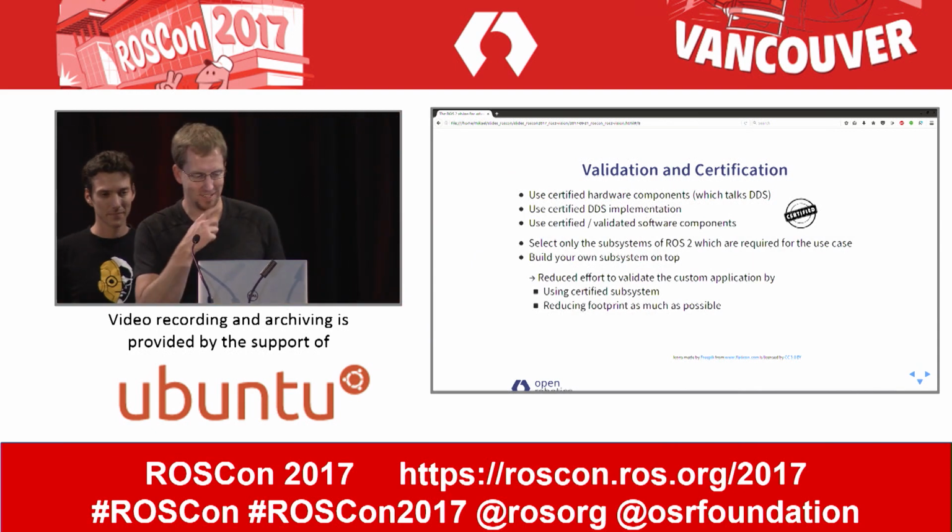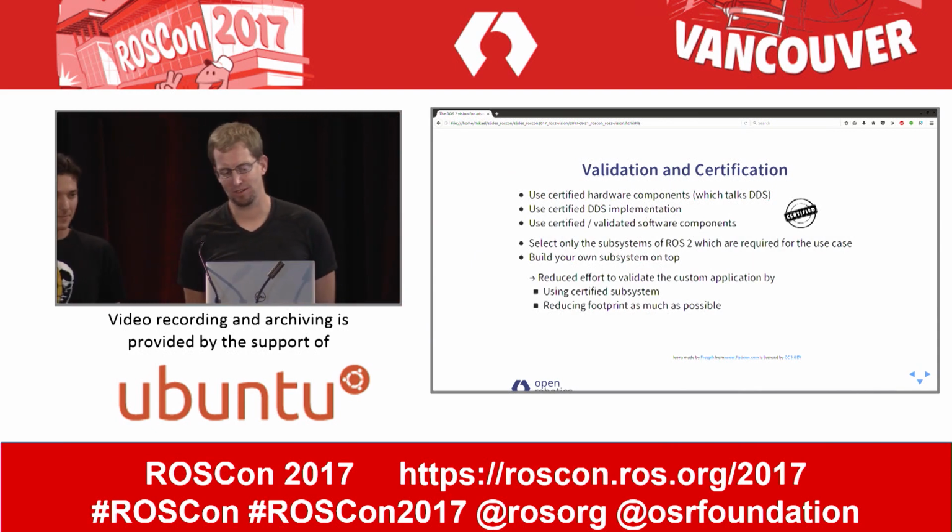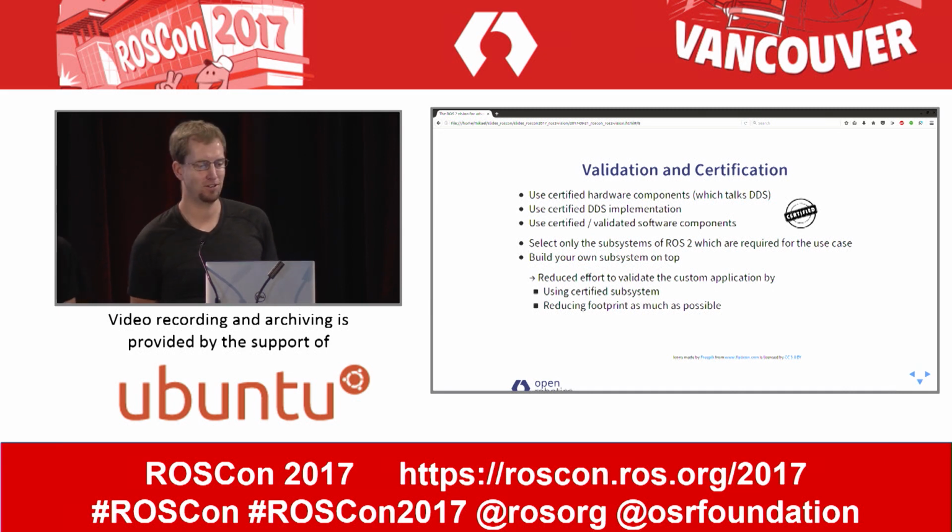Right. With the second to last slide, we might push the example of Rob a little bit, because he might not get into validation and certification as his hobby. But we just wanted to highlight, since that's an important thing once you get to a certain stage and you want to make sure your software works, if you want to sell the product, if you want to use it in serious environments, that there are multiple things which we think ROS2 makes it easier for you